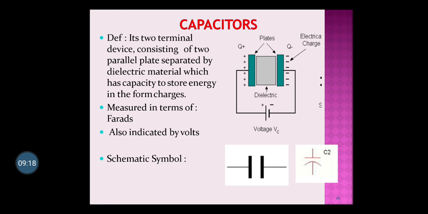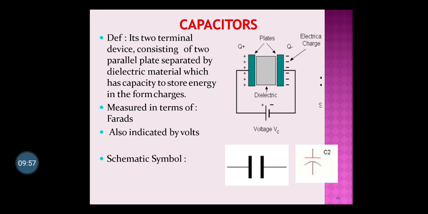Now this is what is important about the capacitor. As you remember about the resistor, the resistor offers resistance to the flow of electrons. So that means the current is controlled by the resistor. Now what a capacitor does is it stores the energy in the form of charges. Charges here means electrons, that is negative charges, or positive charges, plus. Where there is a lack of electrons, positive charges will be there, and where there are a lot of electrons, there will be negative charges.